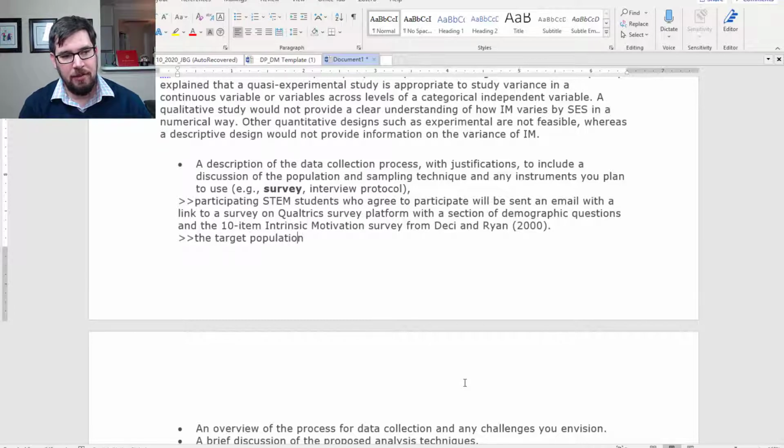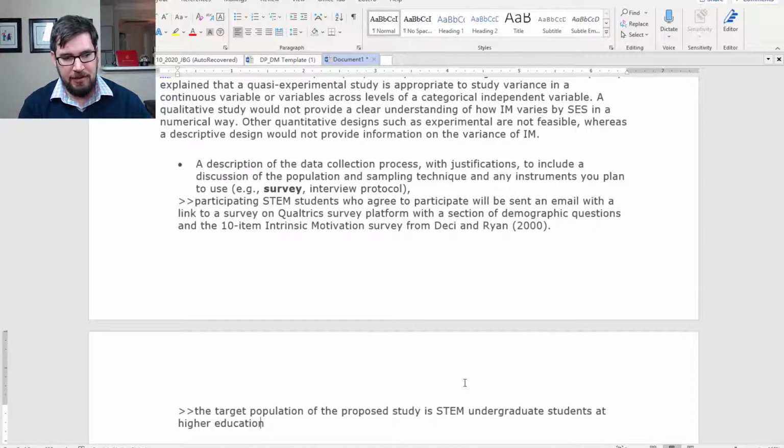Target population of the proposed study is STEM students at undergraduate students at higher education institutions in the USA, whatever, something like that,